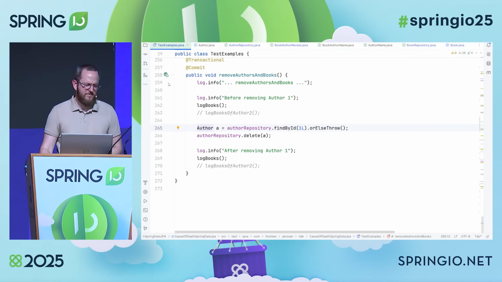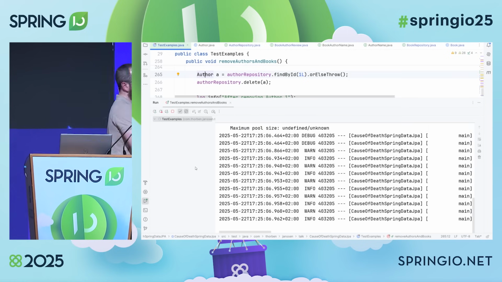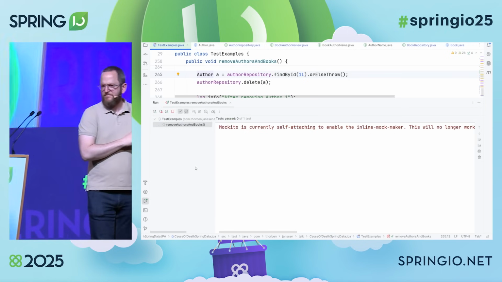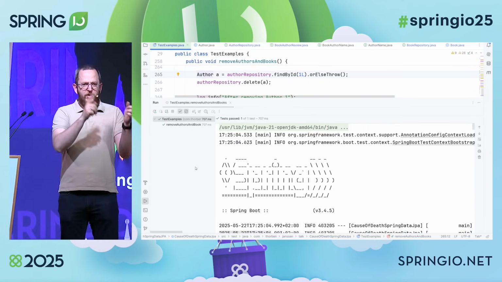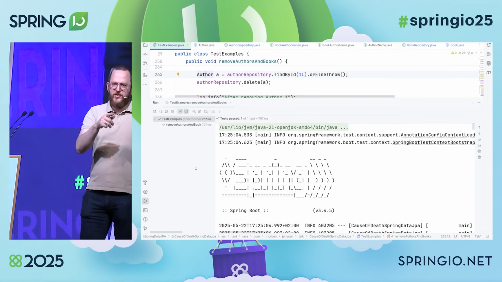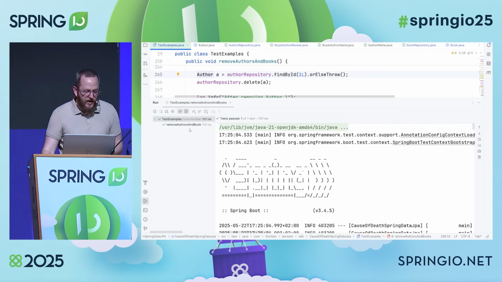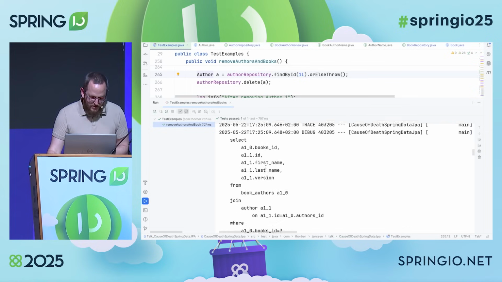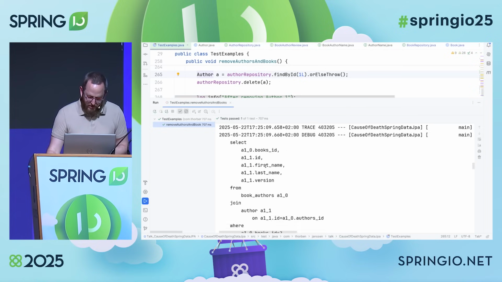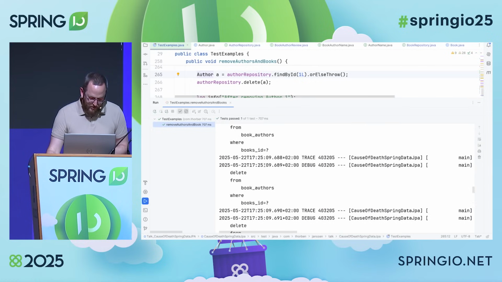Oh, bad idea. This is the last example for a reason. Because when this thing is done, my database is empty. Now the cascade operation bounces between the author and the book table, because we cascade it from one author to all their books, from each book to all their authors, and due to that, we here get first dozens of select statements, but down here you see it.